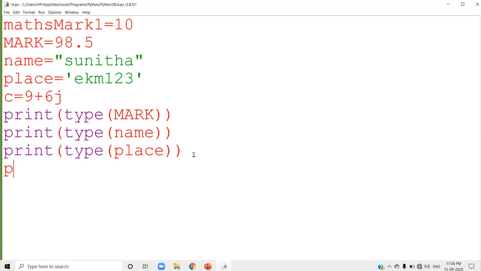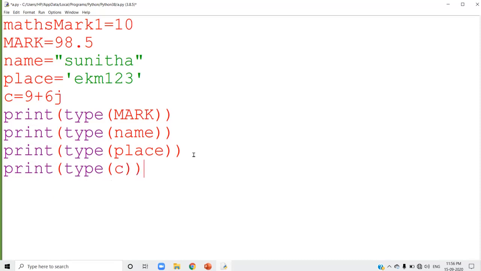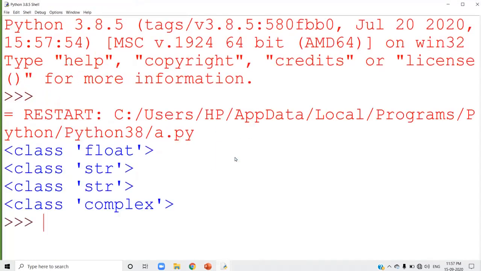I am going to display print type of C. Now run this program. See, the last one is complex.